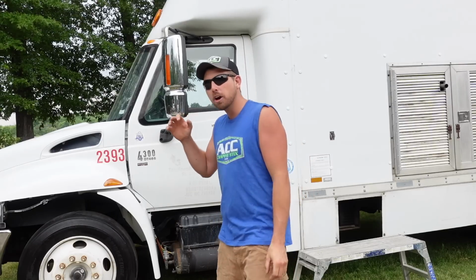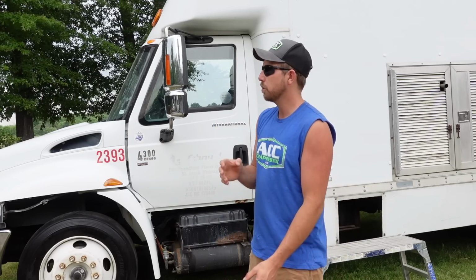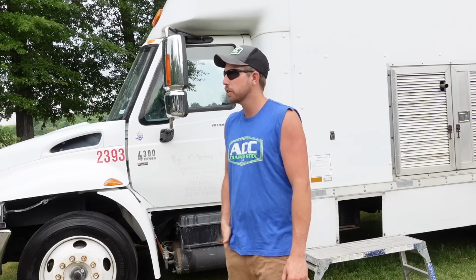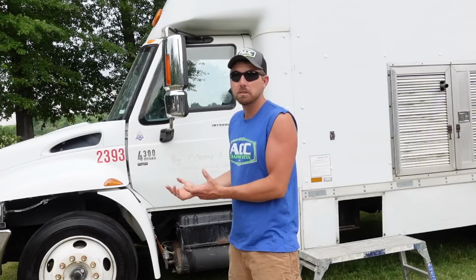There are 2+ million of these trucks on the road, which means you can get parts for it anywhere. Parts are cheap. There are lots of these trucks that have 750,000 miles plus on them, and they're still going down the road. This motor originally was a tractor motor. This motor was 1,600 pounds, and this particular model is only making 190 horse. So it's a very